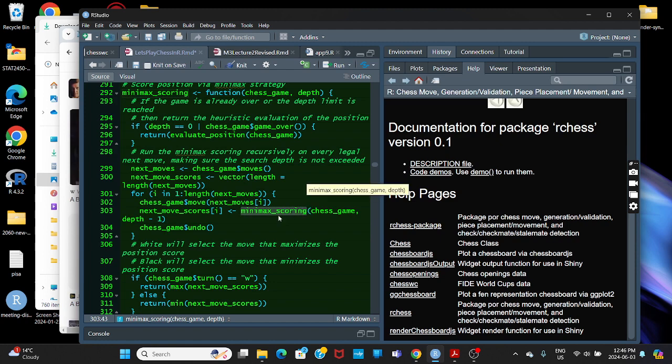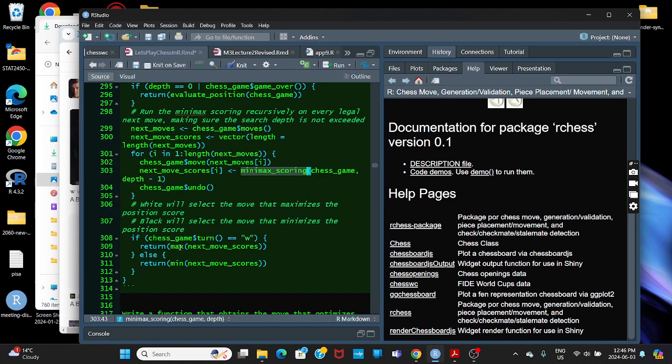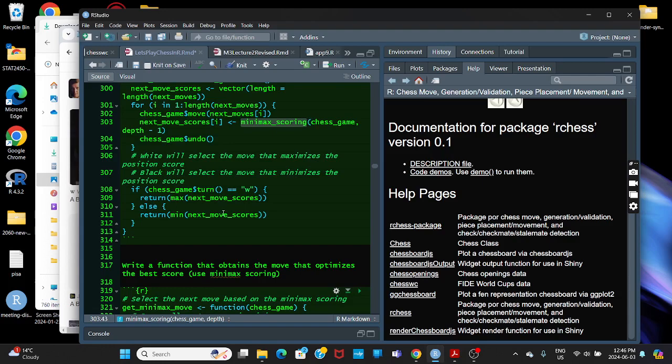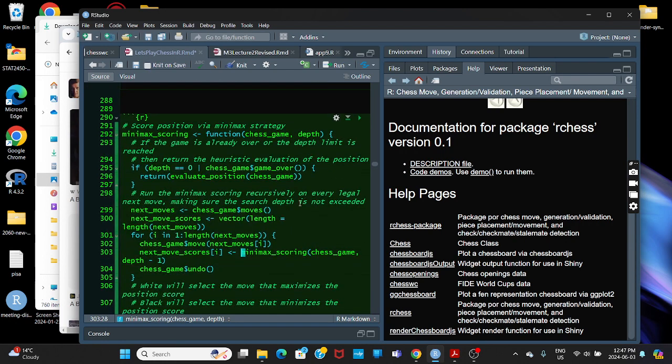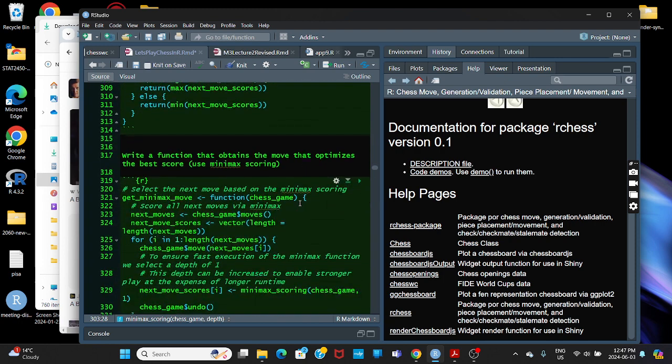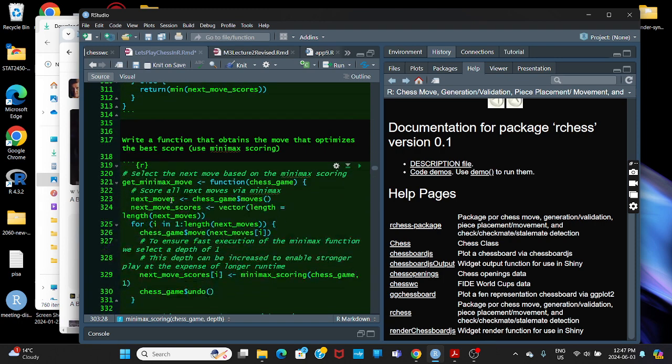If you are white, you play the best score. If you are black, you play the smallest score. Okay. Well, that's the minimax strategy. So we define this function here. And now we can write a function that obtains a move that optimizes the best score using the minimax